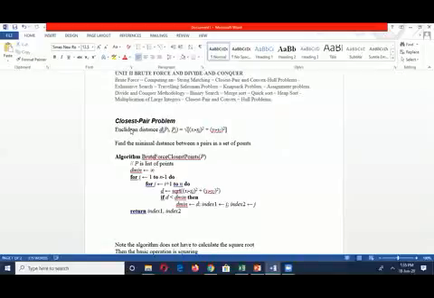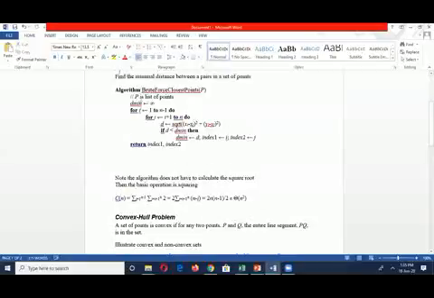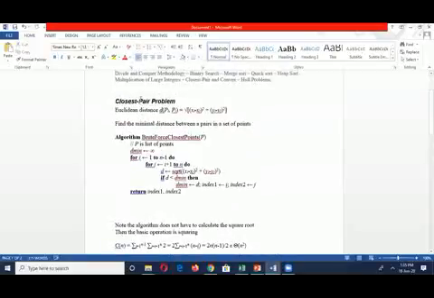We can use this closest pair problem for real time examples. By using this closest pair problem, you can find out the basic operation. Between the set of points, the brute force approach is established here. P is a list of points here. Starting the value of i from 1 to n minus 1, you have to find the square root.